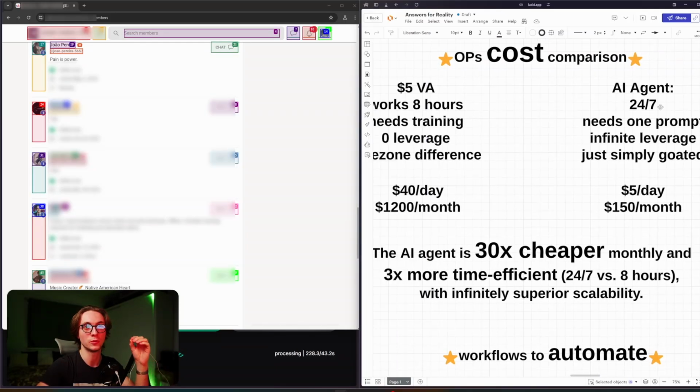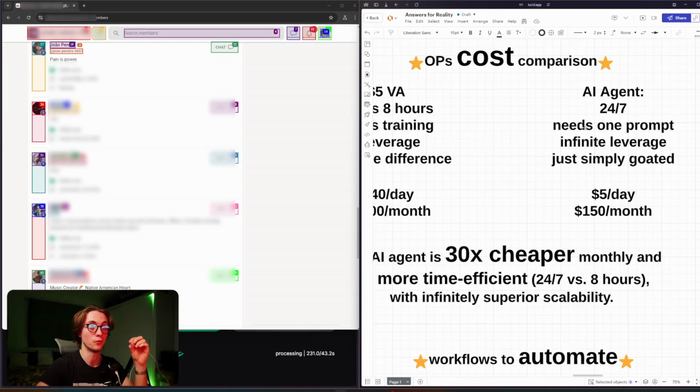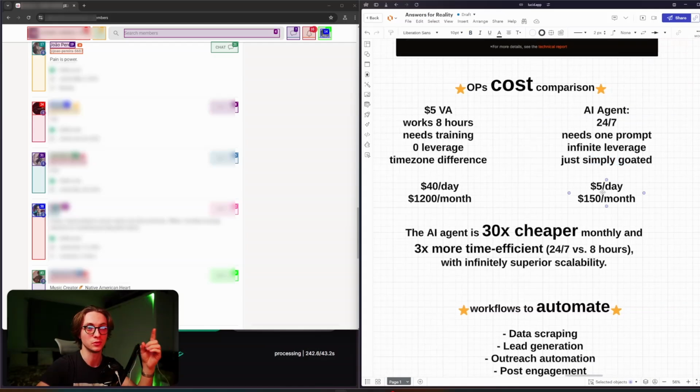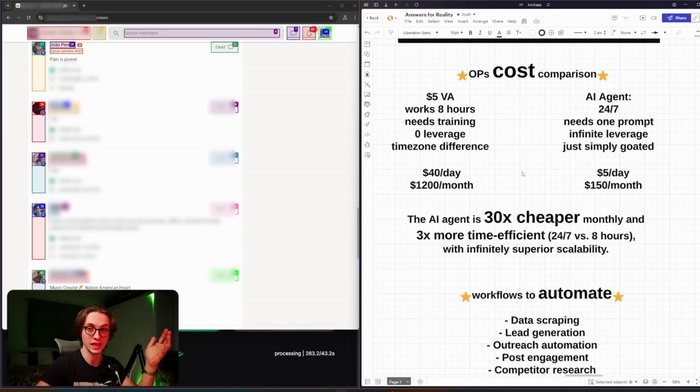This can work 24/7. It only needs one prompt, so you don't have to train it necessarily. You have infinite leverage, and this is just a go-to tool for every single business owner. Also, the cost of operations is much cheaper. I'm talking $150 a month to run this exact agent. So overall, the AI agent is 30 times cheaper monthly and is 3 times more efficient than a VA, and